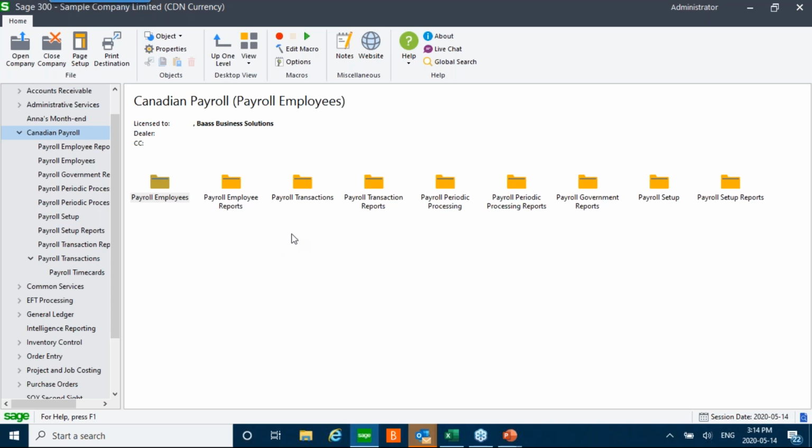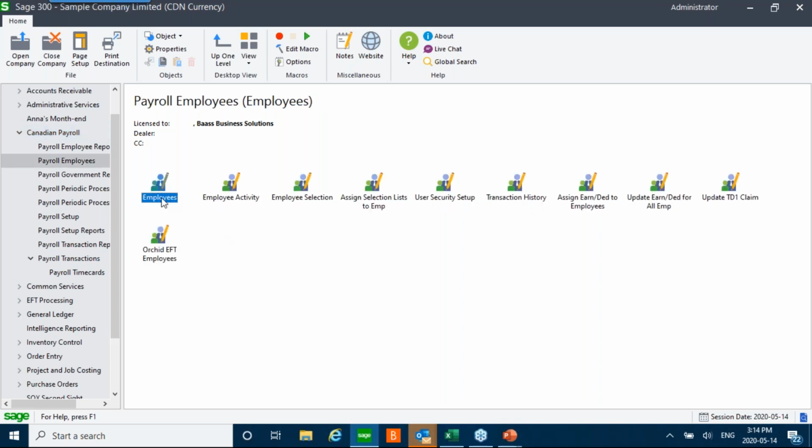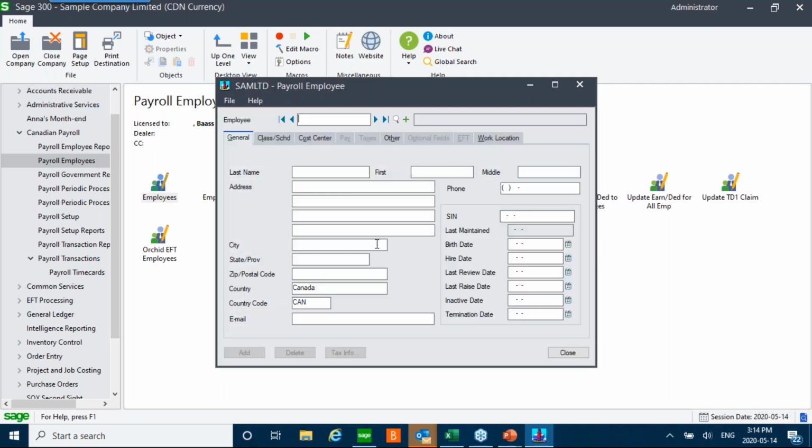So when you log into Canadian Payroll, we're going to start with our first item. And our first item when we set up payroll or when we go through that payroll cycle is to add, modify our employees. So under the employee area, we would add our employees, and I'm going to go ahead and quickly create an employee. So an employee can be set up